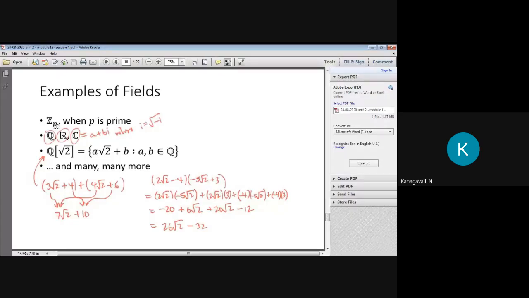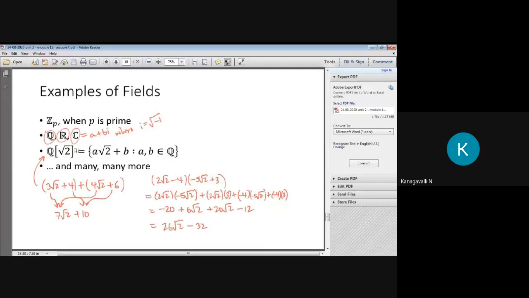Then check here. These are the examples of field. Here I am writing Z_p, where p is a prime, so you have to write your prime term, right? Q(i) is in terms of the imaginary unit: a plus b i, where i is root of minus 1, right? Already we know that i squared equals minus 1. So we need to check another one, Q of root 2, equal to a root 2 plus b. See, this is a commonly written field formula. Based on this formula, we need to check.